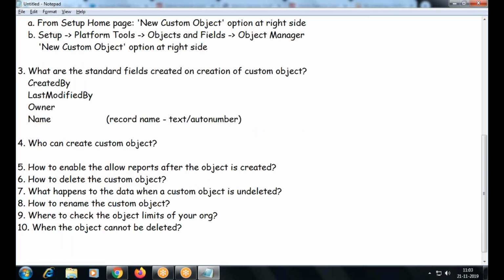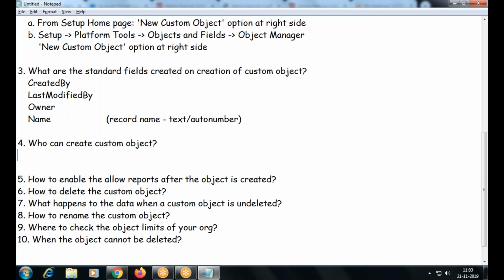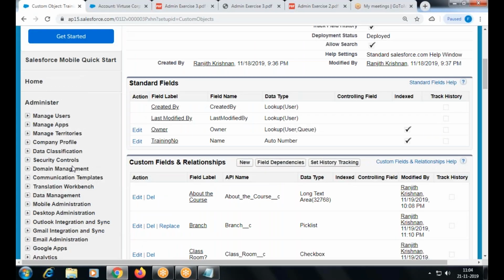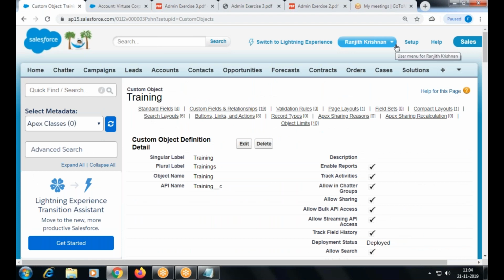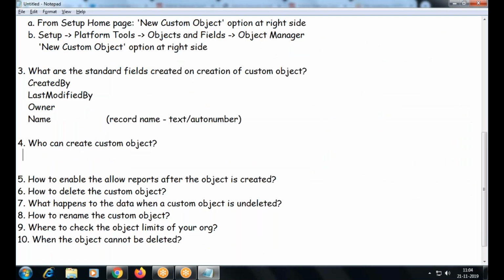Right? Who can create the custom object? Will you say admin? No, you should say it in terms of permission. It's not admin or a user. A normal user can also create, provided his profile has given him permission. Okay, to create a custom object, first you should have access to the setup menu, right? Okay, so who will get the setup menu? The user who has the customize application permission, right?